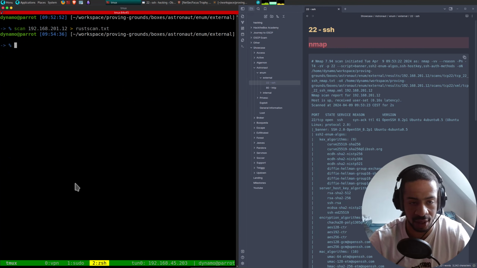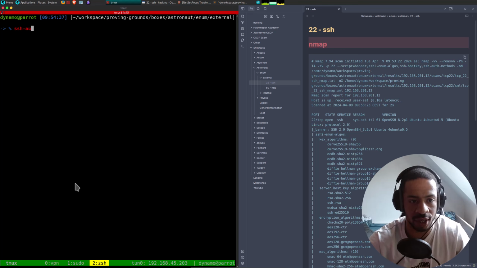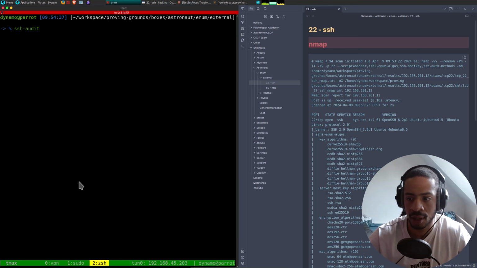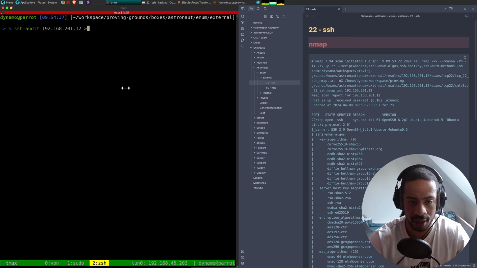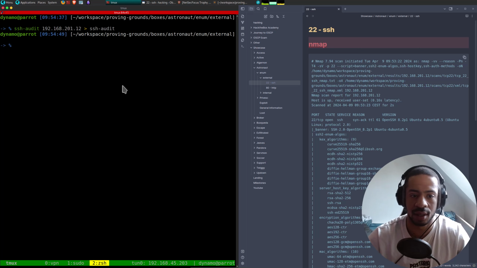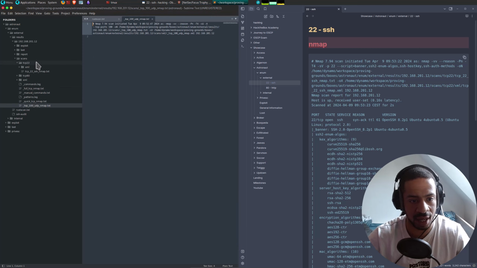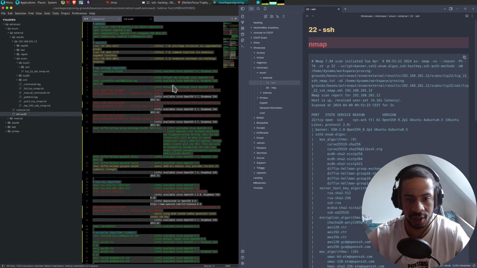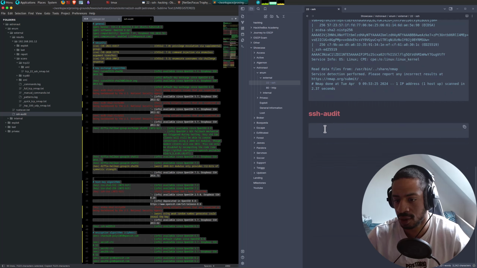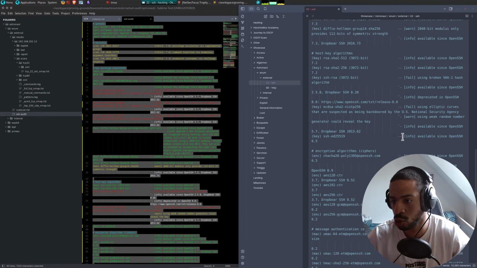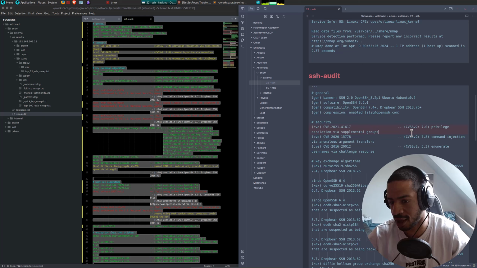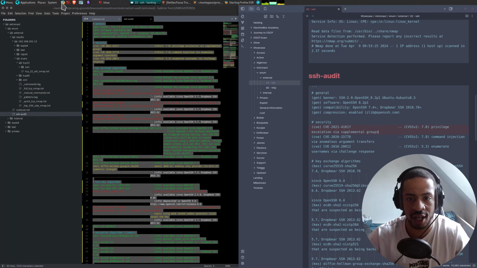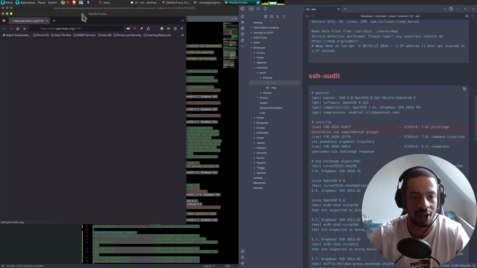And let's go enumerate. So SSH audit with the IP. Call that SSH audit, and let's take that output. Let's filter it, there you go, and place it here. Just because there's two ports, we could get lucky and have an SSH exploit, but no. So chances are it is port 80. Well, it has to be, kind of.